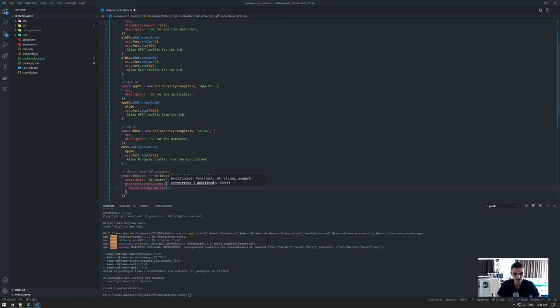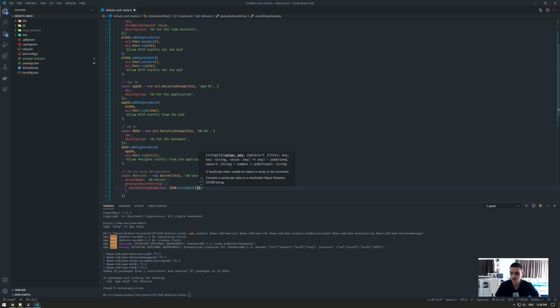Well, we can provide a starting template, a JSON containing some properties to which AWS will add our secret, our password. In our case, we can do it like this. It takes a string, so we're gonna use JSON stringify to create a JSON string out of our object,